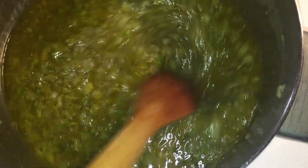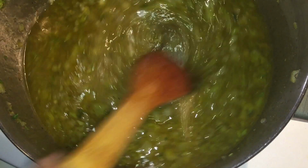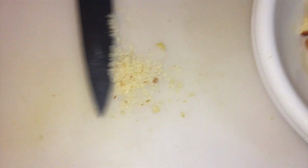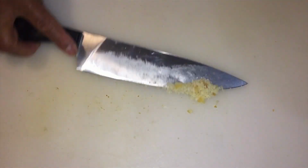So, here we go. Got a little turkey stock in there. And let's turn that on medium. And just let that boil down. I'm going to add some more in a bit. Let's get back to our rolls. Okay, then I'm putting these rolls into a big bowl. And now, I'm going to be adding